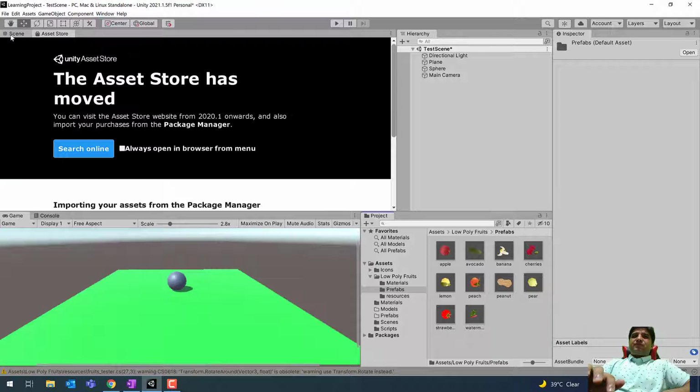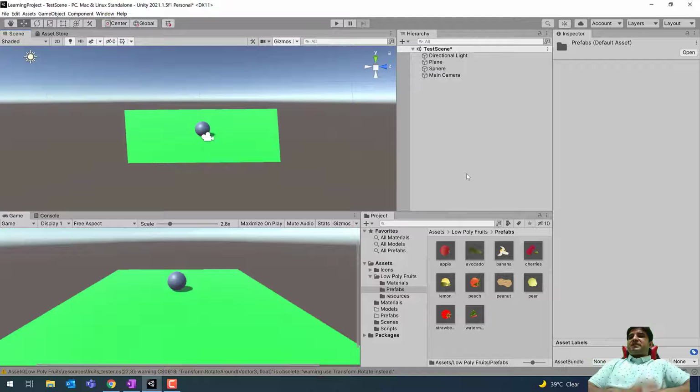In order to use these prefabs, we can simply create a new script. Our objective over here is, after every 1 second or half a second, we want to generate a new fruit, a new pickup inside our game.